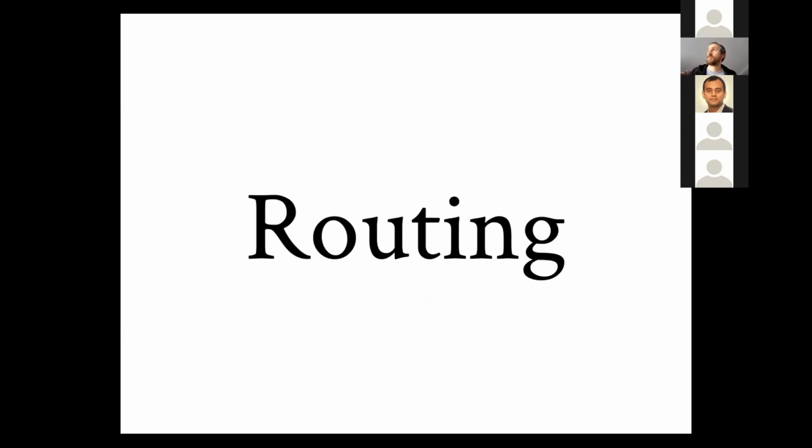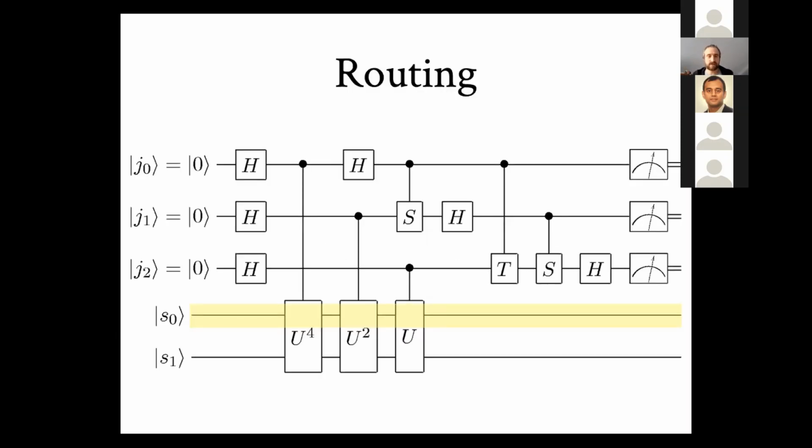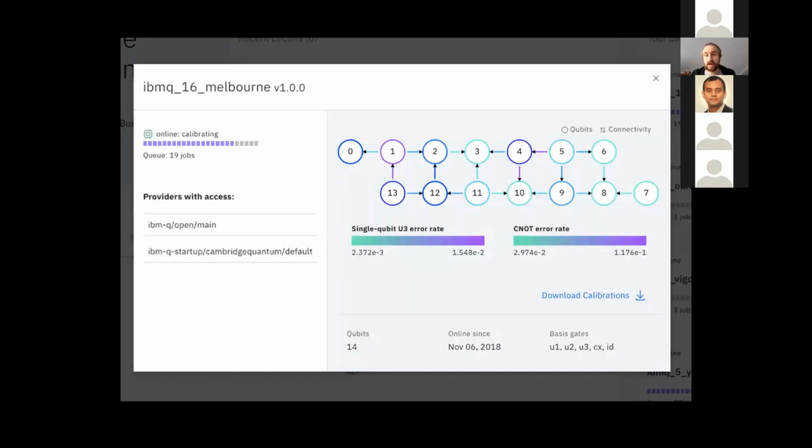But as well as that, we also have to solve the problem called routing. And so here is, in a nutshell, what the problem is. If I look at this particular circuit, and I look at the qubit labeled S0, I can see that this qubit is actually interacting with all of the other 4 qubits in this circuit. And if I wanted to run this on our dear friend IBM Melbourne, I can't actually find any vertex in that graph with 4 neighbors. So as it's written, that circuit can't be run on this computer.